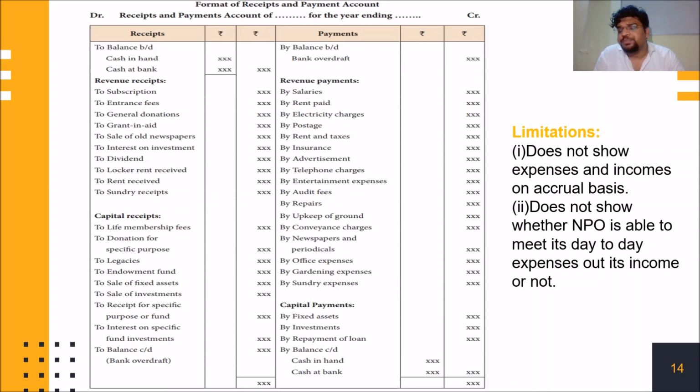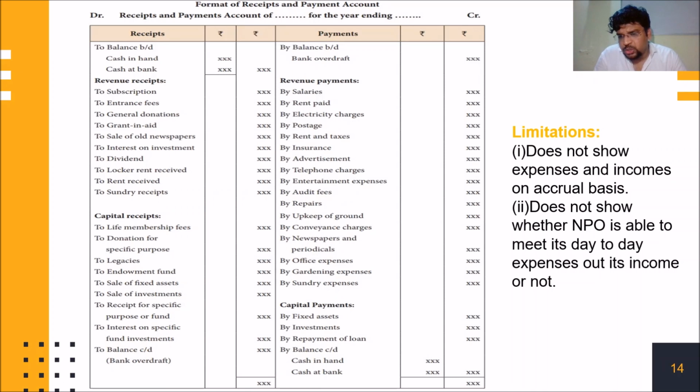We learnt it as well in the receipt and payment account features that it includes expenses and income on cash basis only, right? Whether it is related to current year, previous year, next year, but if it has been paid or received in cash, only then it will be recorded here. On the basis of accrual, it will not be recorded here. Like I gave the example of electricity expense, that you have consumed electricity but payment has not been made, so that expense of electricity will not be mentioned here. Here only up to the payment made will be mentioned. I hope you have understood that.